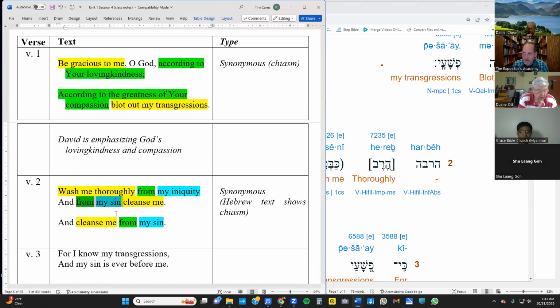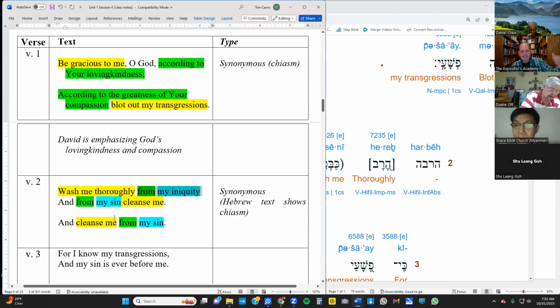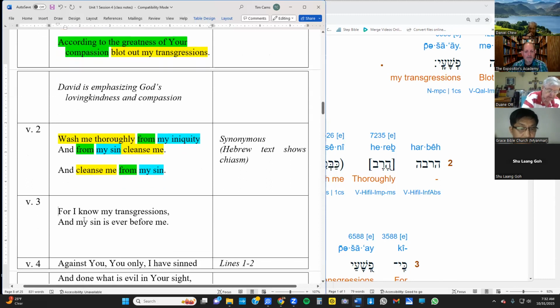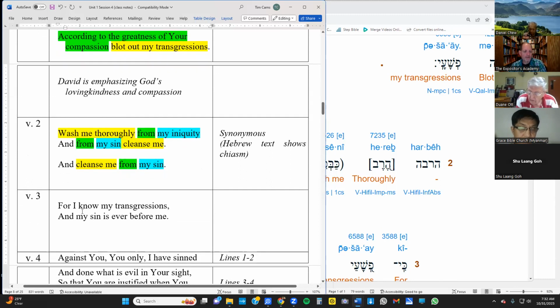It's not just some sort of poetic thing to show an aesthetic quality. Actually, by doing this, David is drawing our attention to what he is wanting us to see as his emphasis here. And that is, he desires to be cleansed, but the focus here is from my iniquity, from my sin. We're going to see this actually in the next line. If you go down to verse 3, I'll just do that one for you in this case. Notice he says,